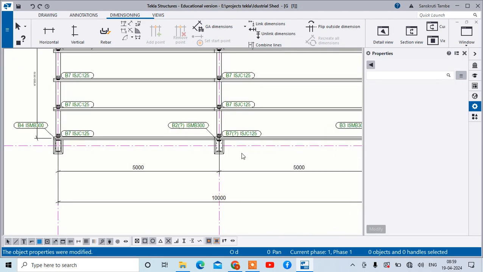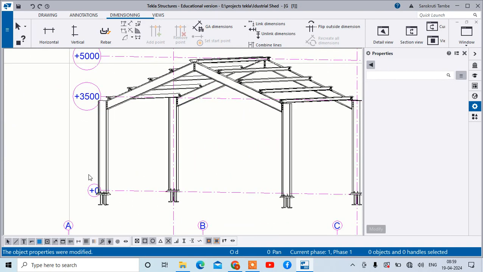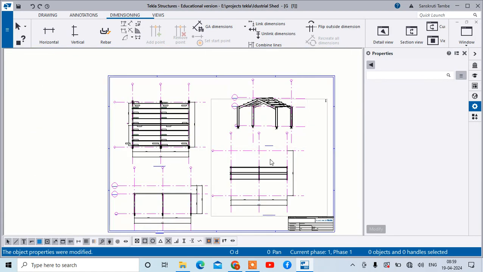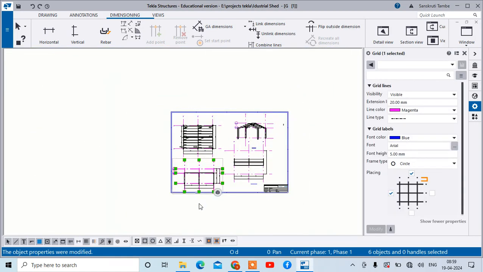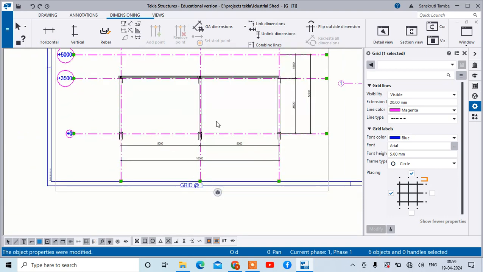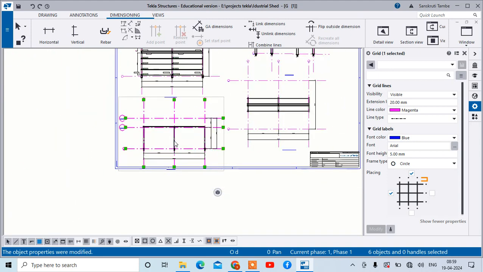Now once this view is completed, you can go to the next view. This is the three-dimensional view. Then here, this is nothing but the view along the grid 1. Okay, that is nothing but,